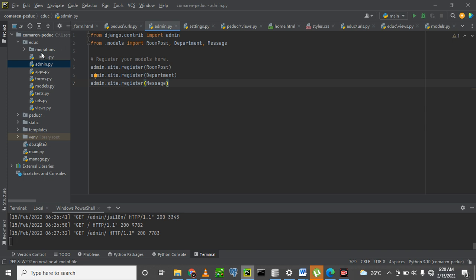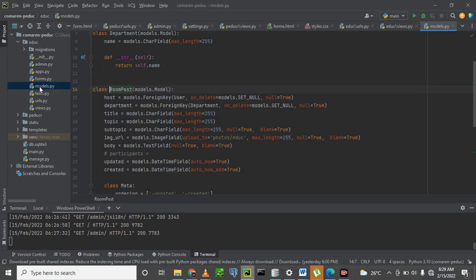So models ziko hapa within the, then we have to do what? To come to models here, right? And within the models, we have to import RoomPost, right? That's what